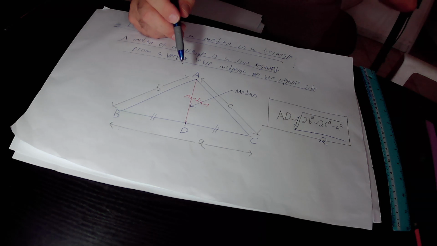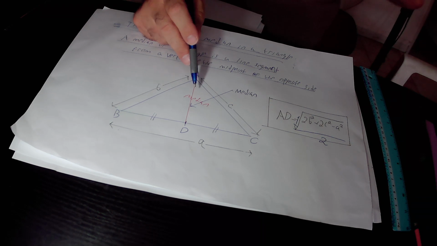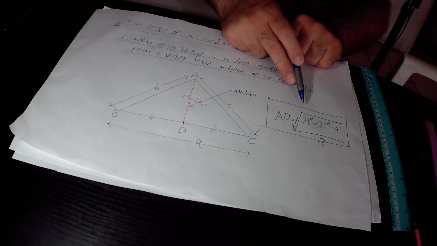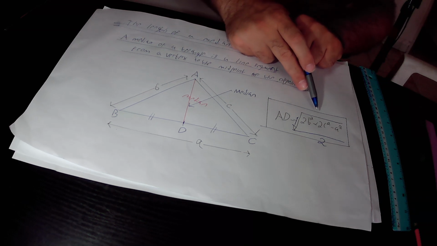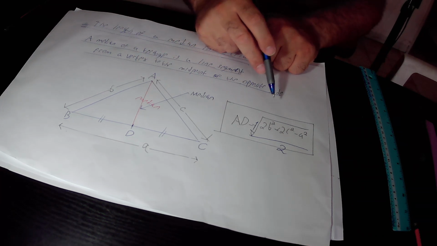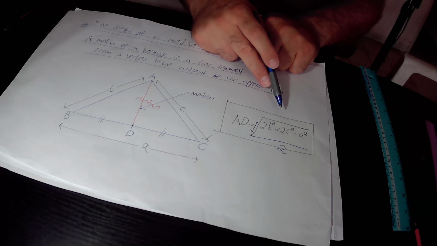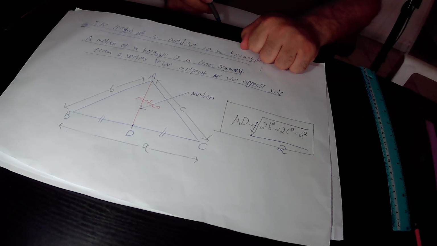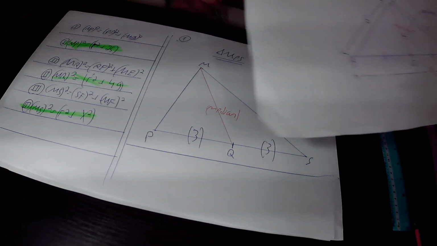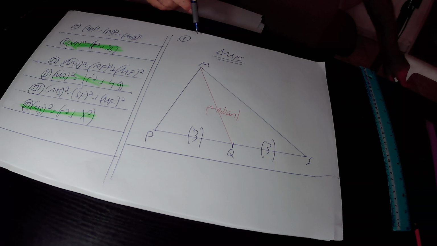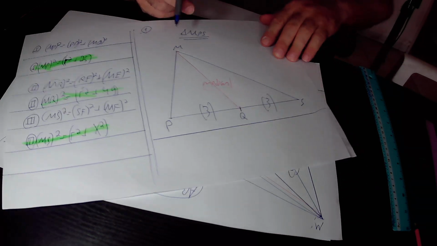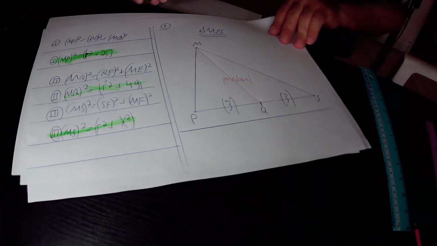Okay. But the question is, what is the length of the median AD? The length of the median AD is equal to the square root of (2b squared plus 2c squared minus a squared) over 2. So we use this new formula in order to find out what is the length of the median MQ in this triangle MPS. According to the new formula, the length of the median MQ will be equal to